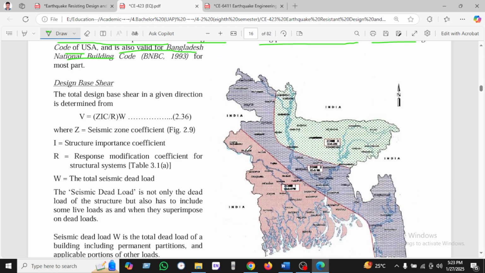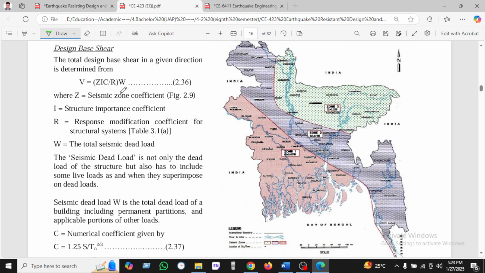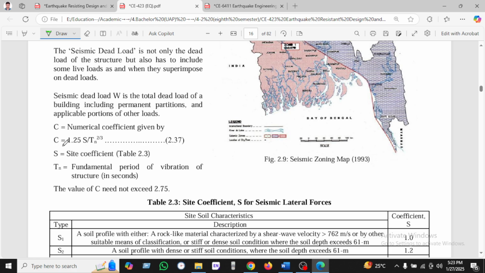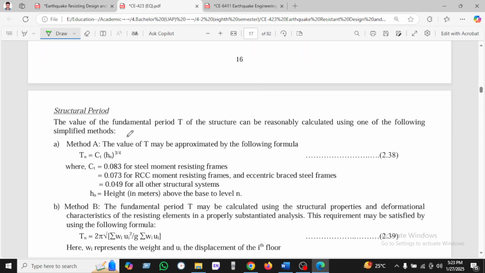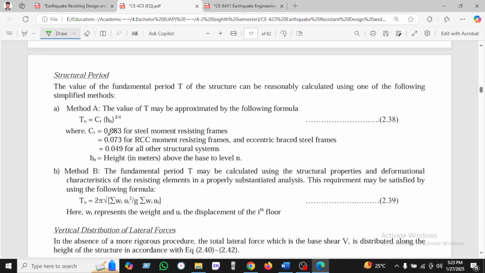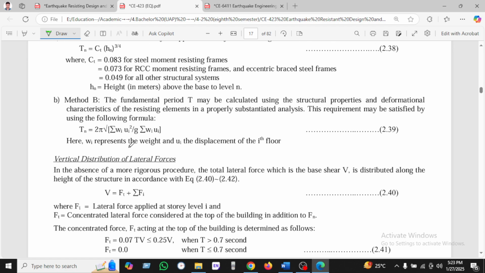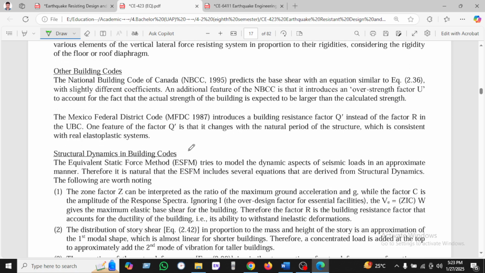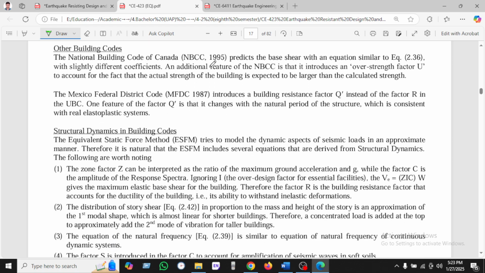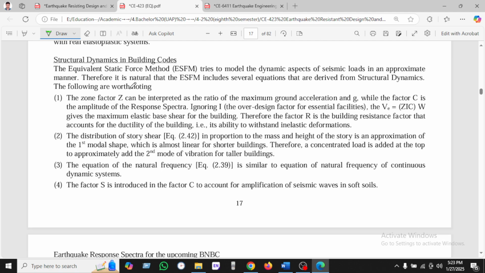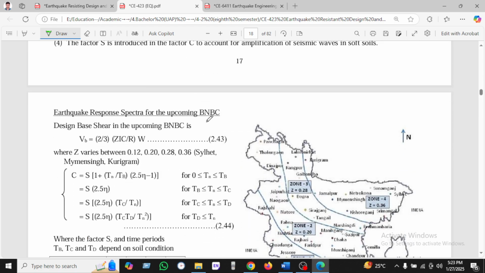It is the oldest code, as we know, the base shear ZIC by R into W. And T is given by this formula. So we can see the structural period is given here. The vertical force is also given here. Other building codes are compared in the slide, and the structural dynamics building code is given here. So the earthquake response spectra is upcoming. This is not upcoming, it will be 2020, as it is already published